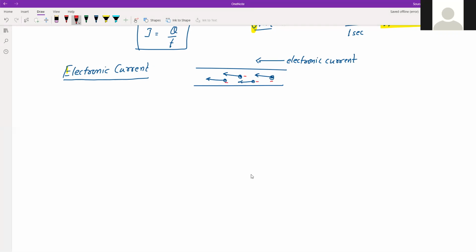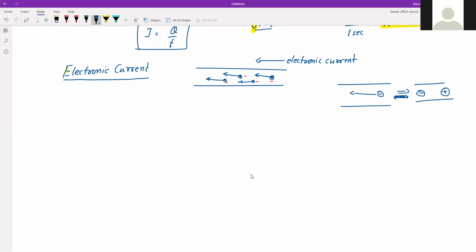And if that is the case, these charges are electrons, so these are negative charges, right? So when a negative charge moves, suppose there is a negative charge here, and it moved from here to here. Some particle will be there which is negatively charged. So if the electron moves from here to here, then later what will happen? The place which suffered loss of an electron will actually gain a positive charge.